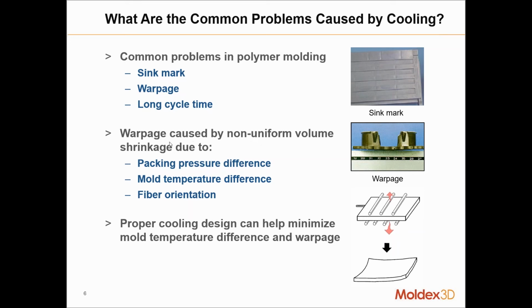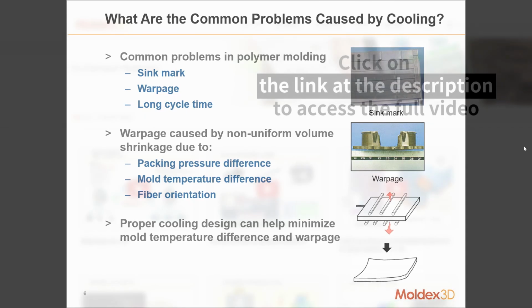So the warpage caused by non-uniform shrinkage is usually due to packing pressure difference, temperature difference in the mold base, and fiber orientation. And what we can do in the cooling stage is reduce the amount of variance in the mold temperature. So if we can reduce the overall mold temperature difference, that will help us to improve the overall quality of our